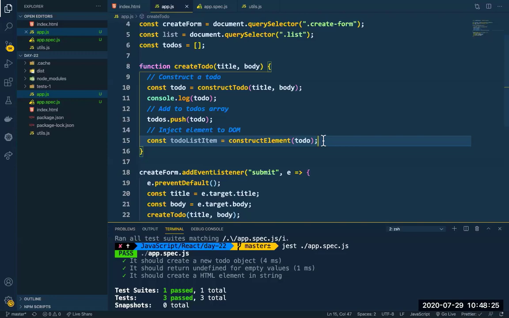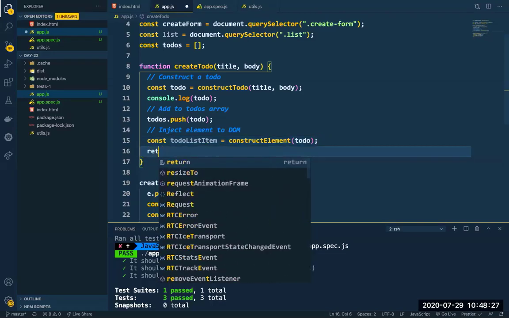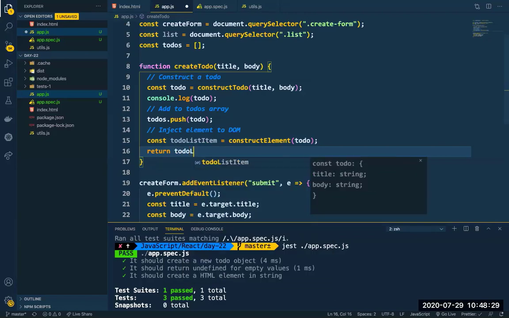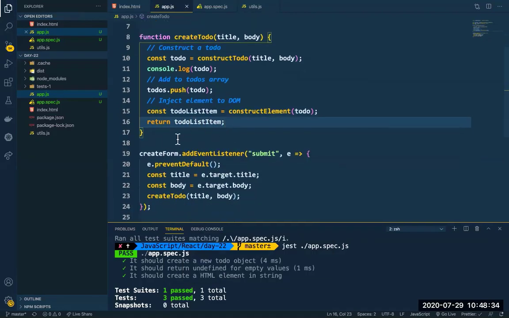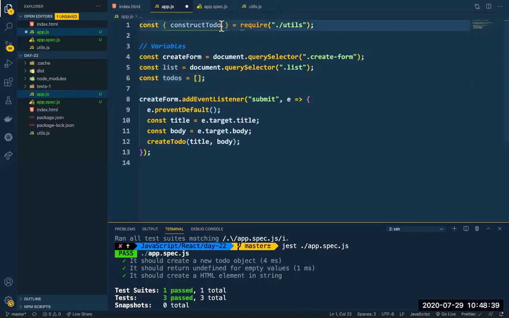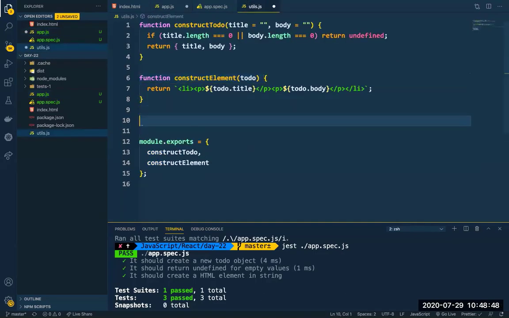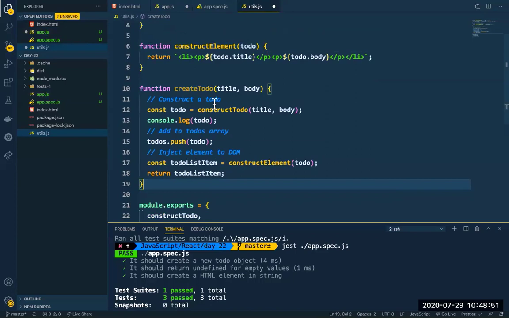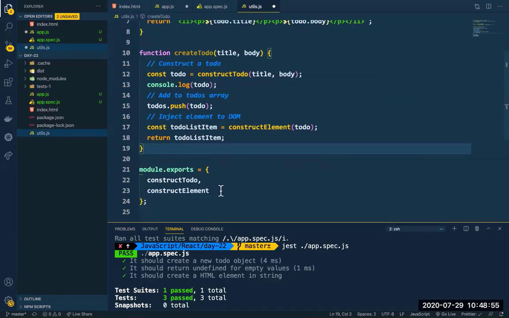Okay, fine. So what I'll do is I'll just create, I'll return this to-do list item. All right. And then export this function. I'll come here, then say create to-do. So no, I don't have to construct to-do anymore. I just have to call the create to-do. That's it. And here, let me come and paste this. And as you can see, I'm constructing a to-do, I'm constructing an element, and then finally I'm returning the to-do list item. So I'll just come here and say create to-do as well,